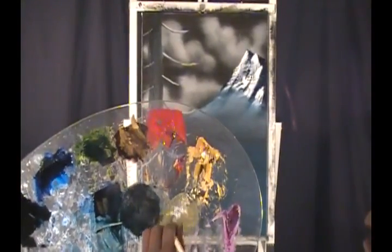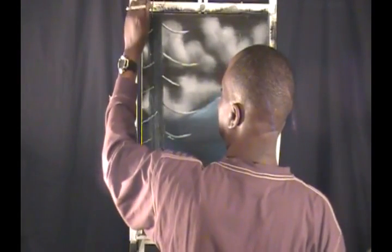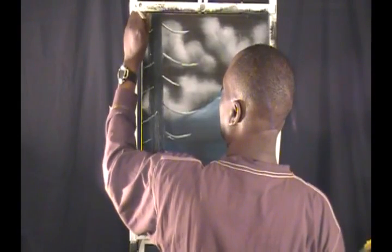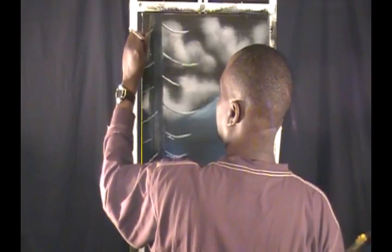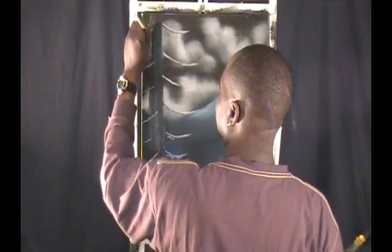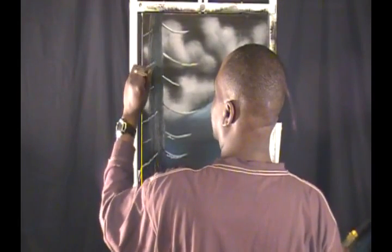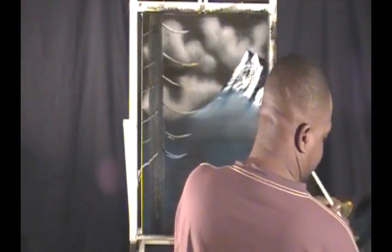Just put it right on that brush. Have no fear. Just put it right on the brush. And we're going to do the same thing. We're going to do light little taps, especially around the edge here. Remember, these are highlight colors, so they're going to tend to be brighter. I want them brighter on the